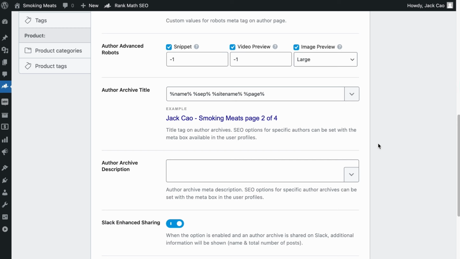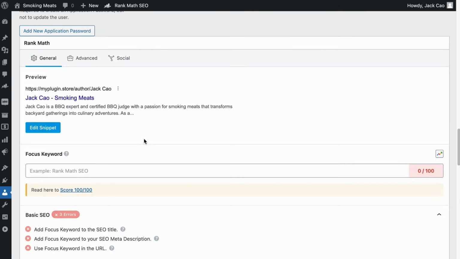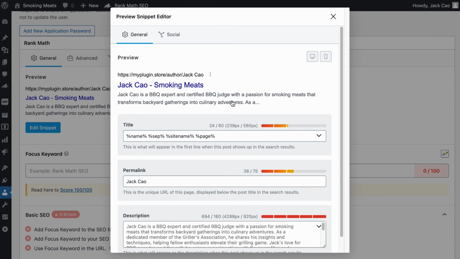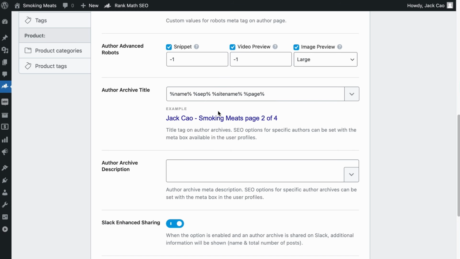Anyway, back to the settings. The author archive title allows you to customize how your author pages will look on the search results page. This is how your author pages will look on the search engines by default. Remember, in your user profile, you have the option to customize the snippet as well. If you make changes to the snippet on the profile page, this will take precedence over the default. But anyway,